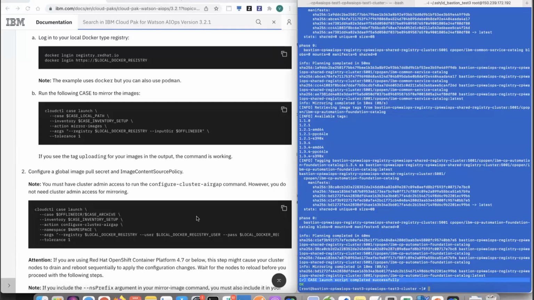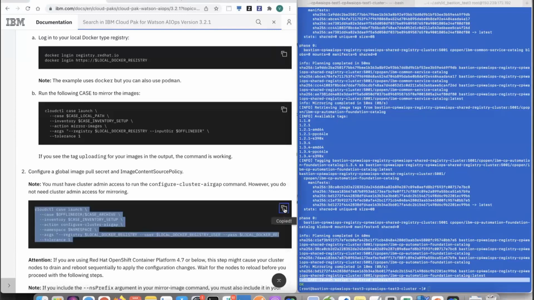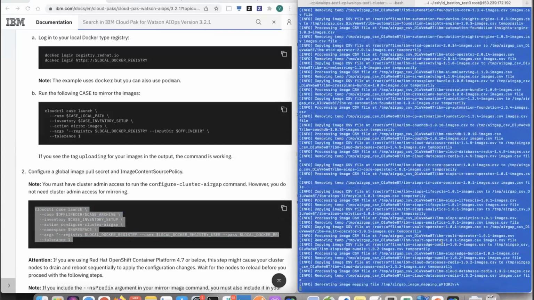In order to make that happen, there's one additional step we would need to do on the cluster, which is the next action we'd be running, which is configure cluster air gap. So I'm going to kick that off. What this is doing is basically updating your global pull secret with the credentials for your local image